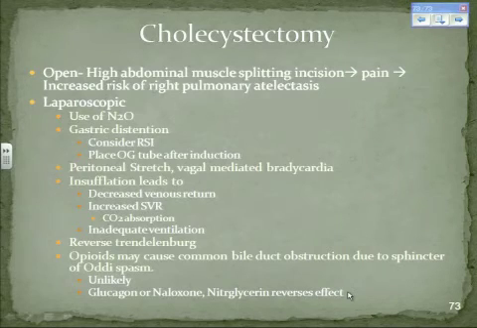There's a lot of times vagally mediated bradycardia from peritoneal stretching, and insufflation pressures lead to a decrease in venous return. Increased SVR is due to CO2 absorption, which is the only reason why you don't get hypotensive during cholecystectomies. What they'll do in the operating room is they'll tell you,